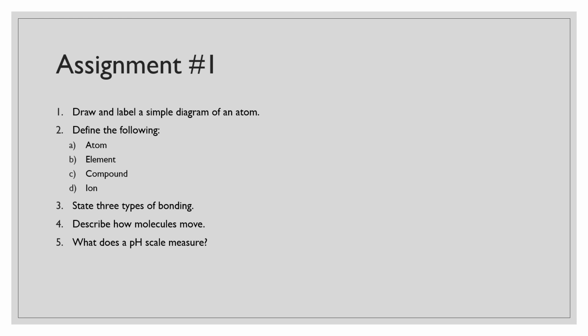So for assignment number 1 for the Foundations of Chemistry lecture, you're going to draw and label a simple diagram of an atom. Also going to define an atom, element, compound, and ion. You're going to state the 3 types of bonding. Also, you're going to describe how molecules move, and you're going to state what a pH scale measures. Now, this assignment is actually due ahead of the white tunic induction ceremony. So as soon as you get a moment, please complete this assignment, and you're going to email that to